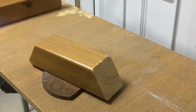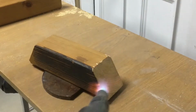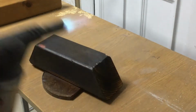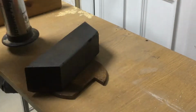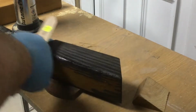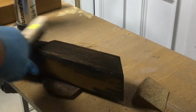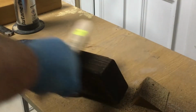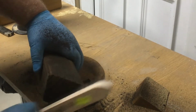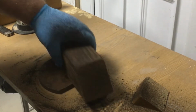Now we've got the bit I like. This is the messy bit, but I do like this. Trick is to brush with the grain because you're pulling away the softer part. I don't know how well you can see that, but